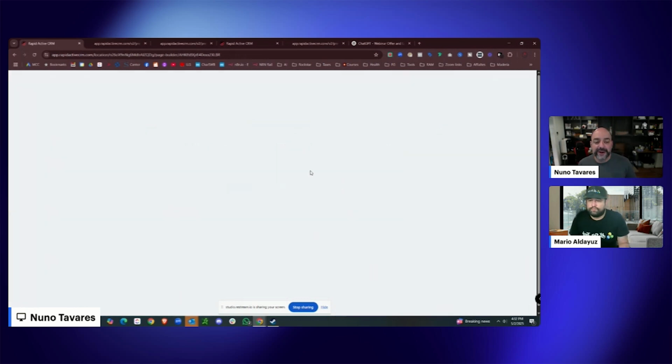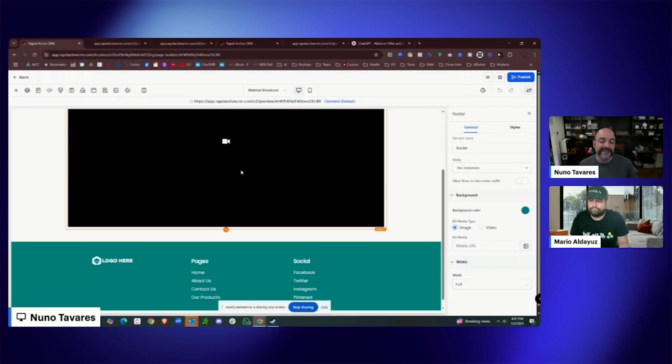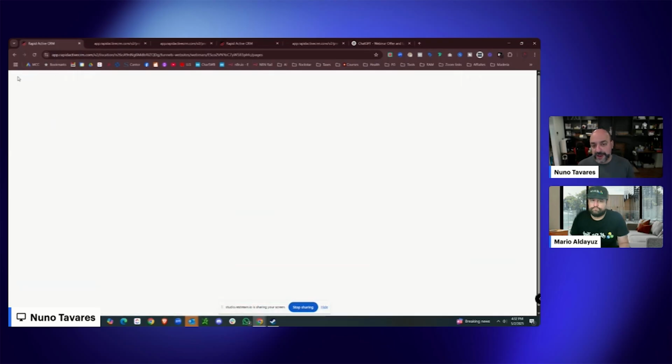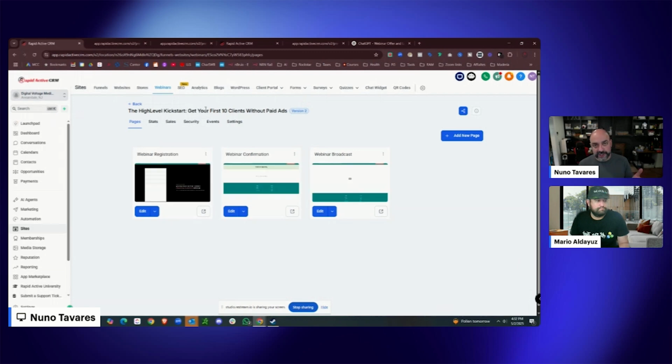So it doesn't really matter. But the broadcast room, this is the room where everything's supposed to be broadcast. But again, we would just make it to go in there. So a thank you page, a broadcast page, and again, the registration page. Those will be the 3 pages of the funnels. You would mess around with them, use custom values like we showed you. And now, congratulations, you have a webinar, but we're really not done yet because we want to make sure that